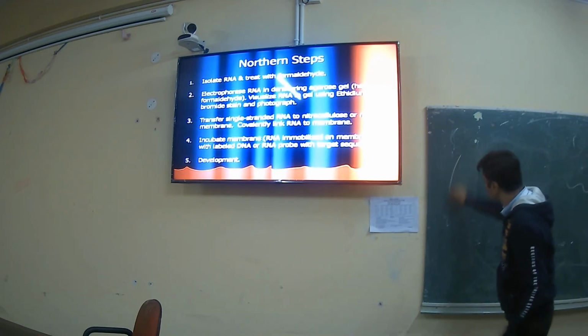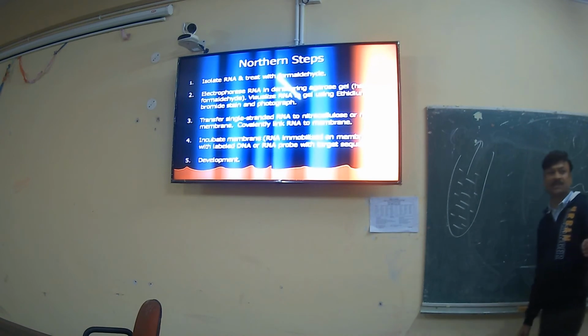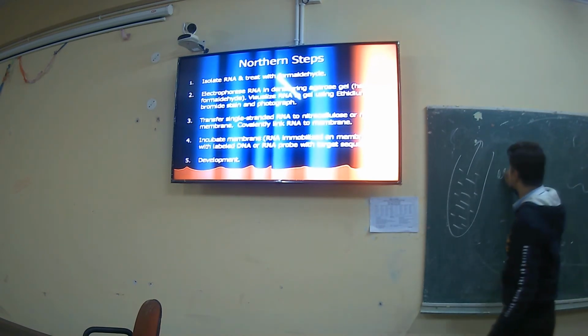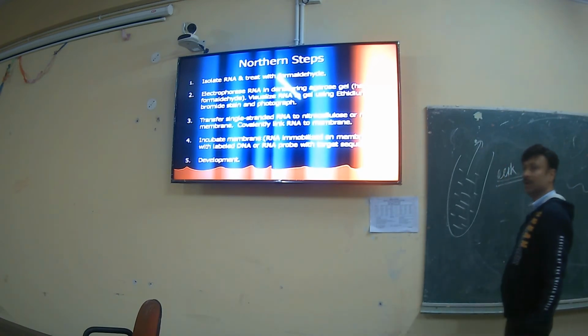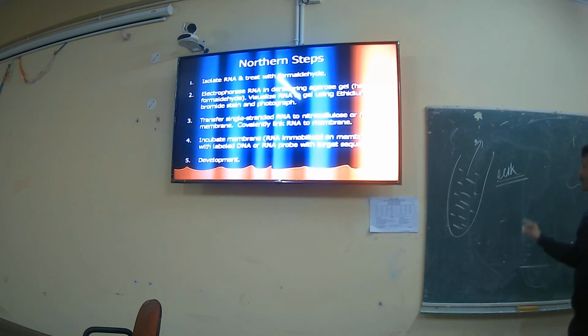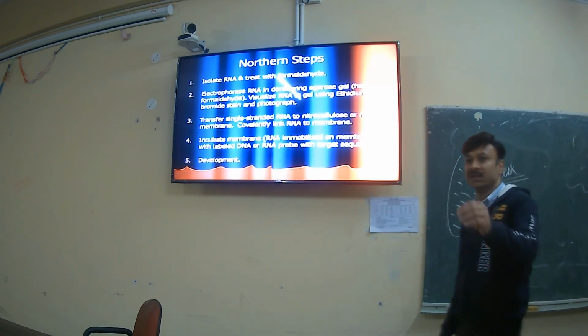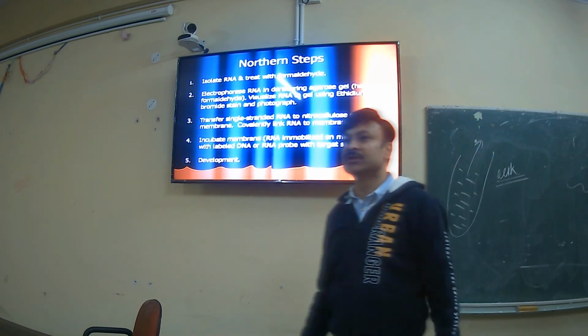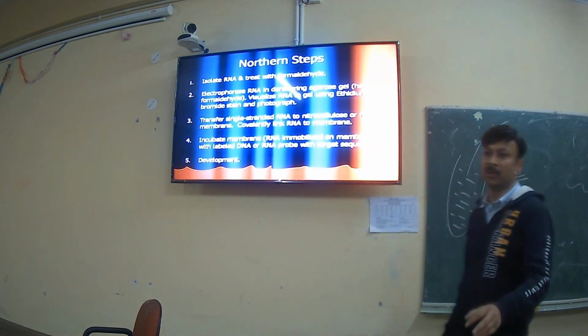Suppose the problem is that they give you different types of RNA. There is a mixture of RNA: viral RNA, bacterial RNA, and eukaryotic mRNA. And the problem is that you want to find out the eukaryotic mRNA, only the mRNA which is expressed by the eukaryotic gene. So the first problem is how would you isolate that eukaryotic mRNA from the mixture of RNA? Centrifugation does not recognize whether it is eukaryotic or prokaryotic, and all the RNA language will be the same, four bases A, U, G, C. How can you say that this one is a eukaryotic mRNA?